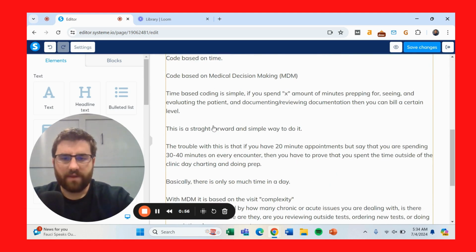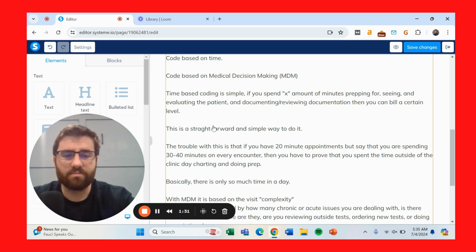The trouble with doing that is if you have 15 to 20 minute appointments all day, but you're saying you're spending 40 minutes with every single patient, you can see the problem with that, right? Over time, you're going to have to prove that you spend all that extra time prepping and documenting for that patient. So that's something that can easily be audited. And if you're saying you're spending 40 plus minutes with every patient, but in reality you're only spending 20 minutes with every patient, then that can be a huge problem, right? So if you're audited, then you can be held responsible for that